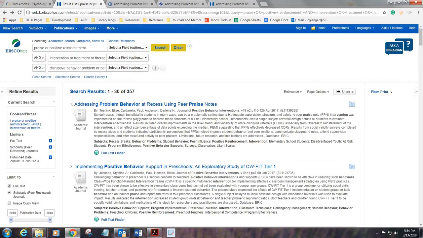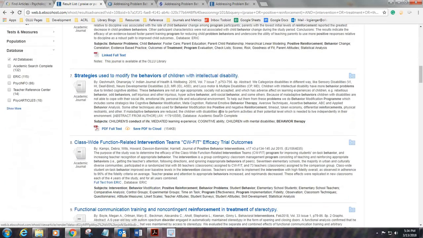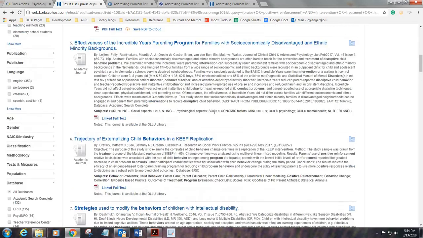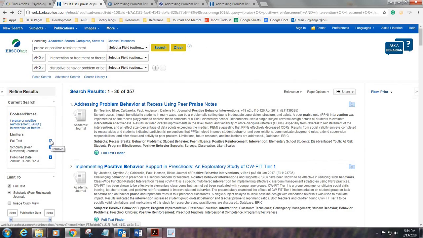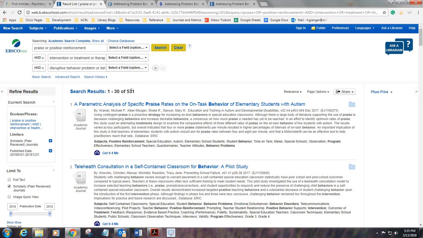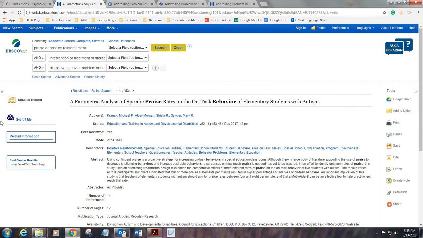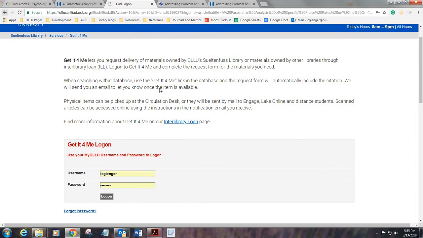And let me show you one more thing. If I didn't have this full text limiter on here, let's go ahead and take it off. See, my number went up a little bit because now I have articles that I don't actually have full text access to. So if I thought that this article sounded like it was really relevant to my topic, I would want to use the Get It For Me. Basically I would click that icon